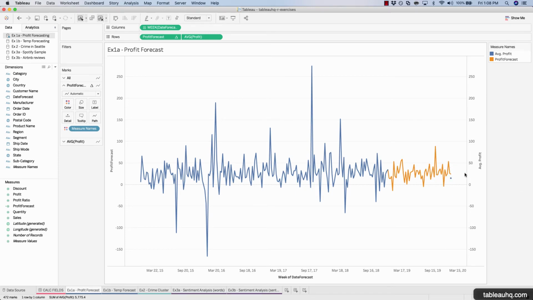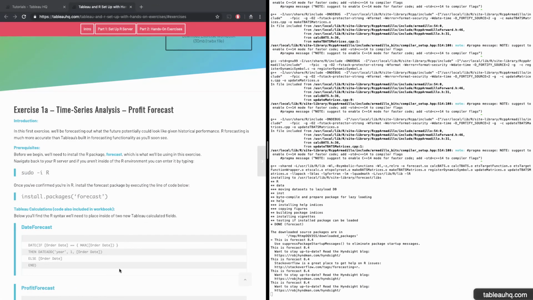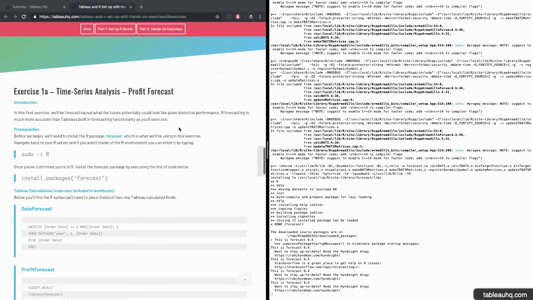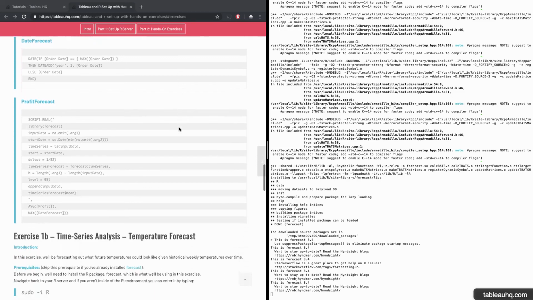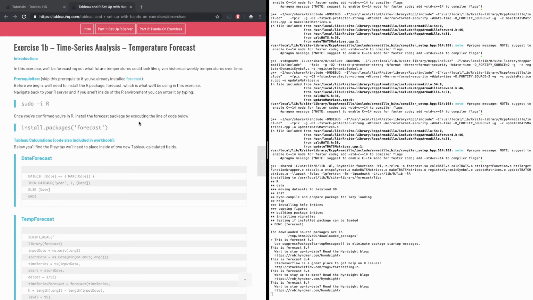Definitely much more valuable than Tableau's out-of-the-box forecasting. Now we have weekly marks that point out what the profit forecast potentially could be based upon everything we've seen historically in this data set. So we just completed exercise 1A, where we forecasted out the profit. So moving right along to exercise 1B,